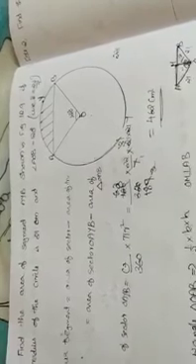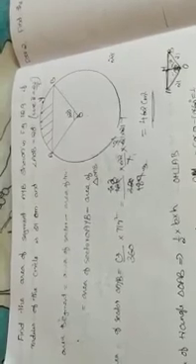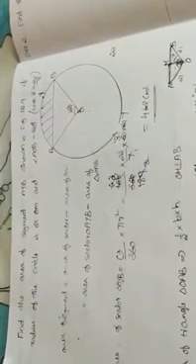In the last class we discussed the area of a segment, but we had some network issue and couldn't explain more, so I will explain it once more. The question is: find the area of the segment AYB shown in figure 12.9 if the radius of the circle is 21 cm and angle AOB is equal to 120 degree. So for the area of the segment, we know the equation. We'll discuss it again.